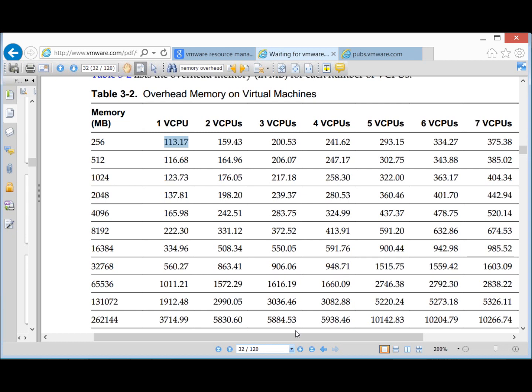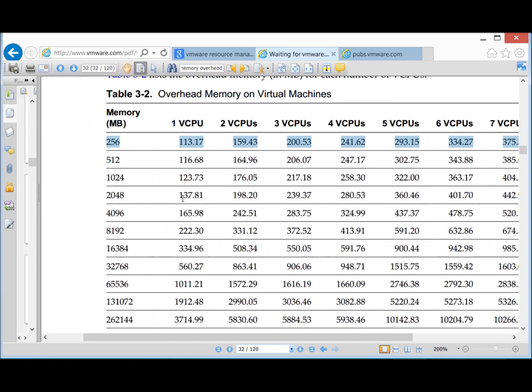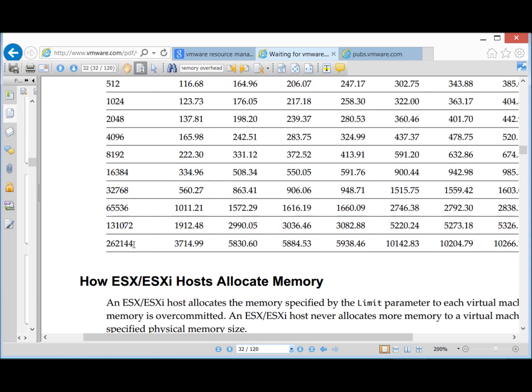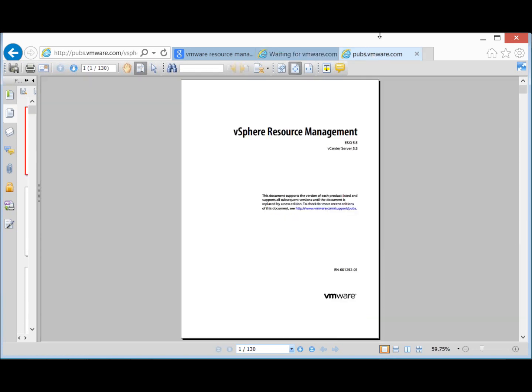And if you allocated it with 8 processors, it would eat up 416 meg on top of the already 256 megs of RAM. And if you take that way up, if you allocate 256 gigs of RAM and assign it 8 processors, it would eat up an additional 10 gig on top. This is version 4.1. Now in version 5.5,